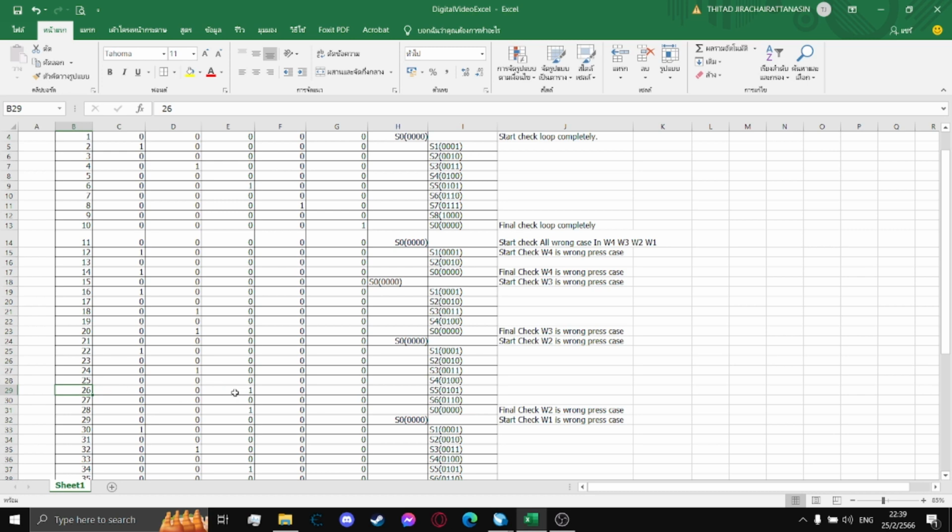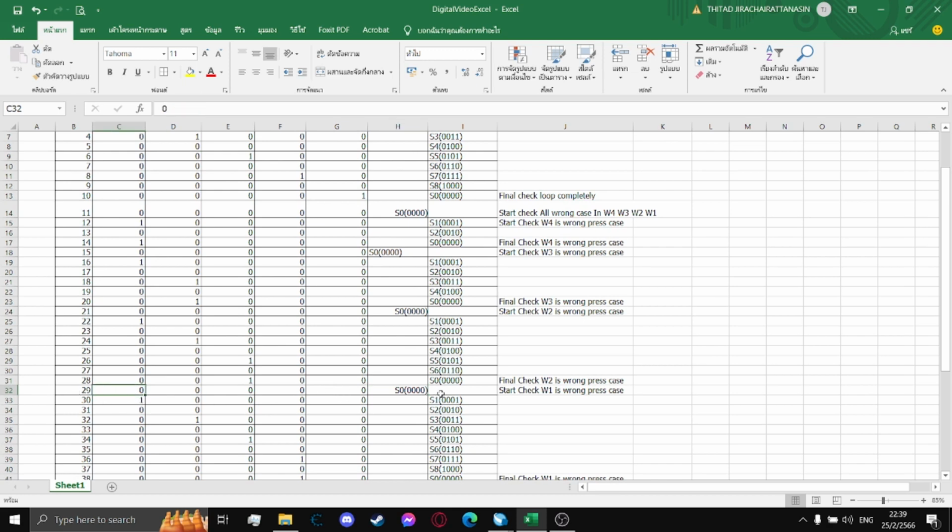26, press 4 and go to state 5. 27, not press, go to state 6. And 28, press 4 again, they will go to state 0. That will make sure that W2 in the wrong case is real. Then we will check the W1 in the wrong case by start